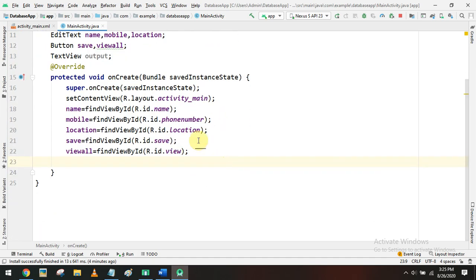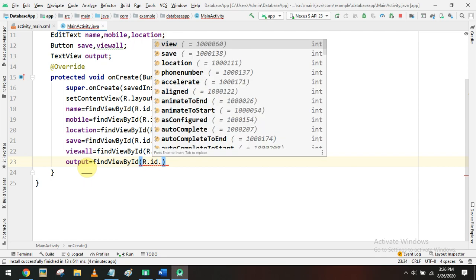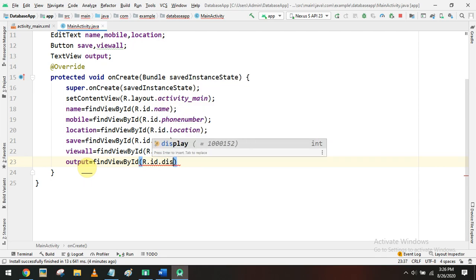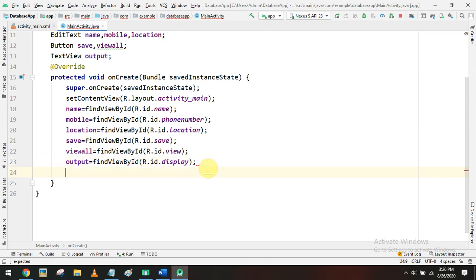Okay, finally for displaying the saved items, we are going to take this text view. So outputBox is equal to findViewById. So this output box ID is display. So we have made it as display, right?